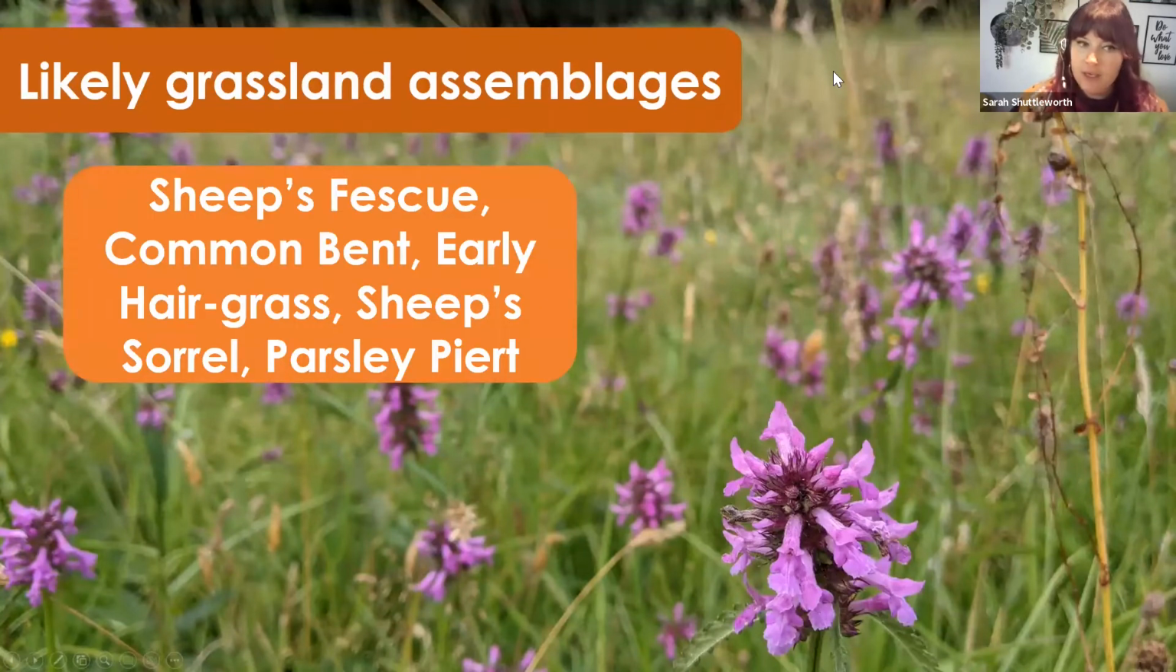So you could have something like lots of sheep's fescue and common bent, and then that early hairgrass, and then things like the sheep sorrel and the parsley piert. So that's quite a classic one. So it's all going to be those fine grasses again, and then you've got things like the sheep sorrel and